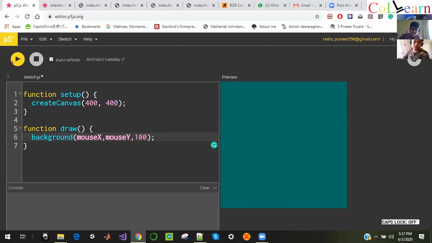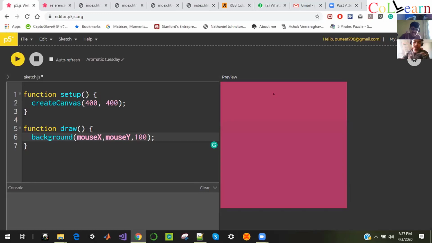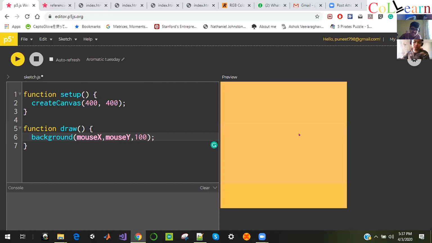and play. Tell me what is happening now. Is the color changing similarly to what it used to before, or is it changing differently?